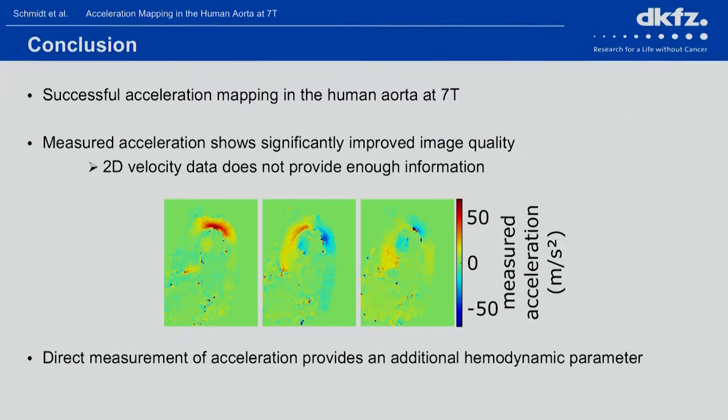To conclude, we successfully performed direct acceleration mapping in the human aorta at 7 Tesla. We did this in combination with B1 shimming in order to gain a homogeneous B1 distribution within our region of interest. The measured acceleration data shows significant improvement compared to the